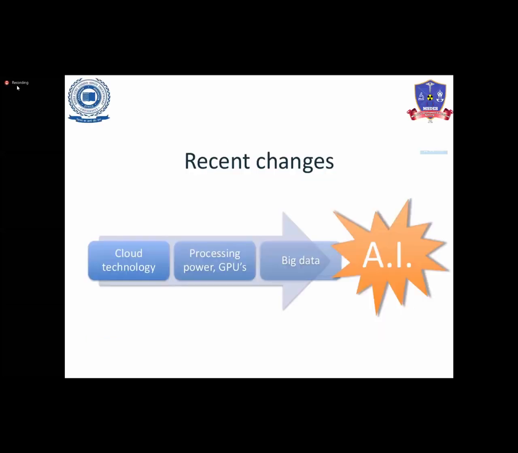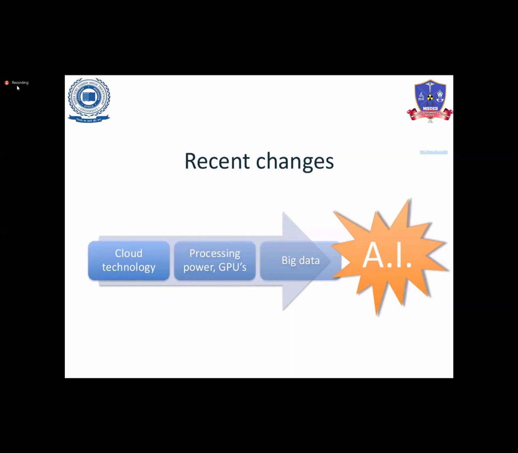So what recent changes have given advantages to artificial intelligence? Because artificial intelligence is something where we require an infinite amount of data. However much data there is, even in billions, it always needs more. Artificial intelligence is always hungry to get more and more data so that it can improve its results.